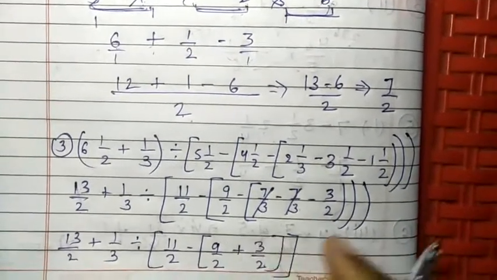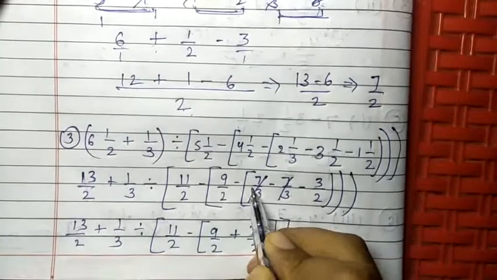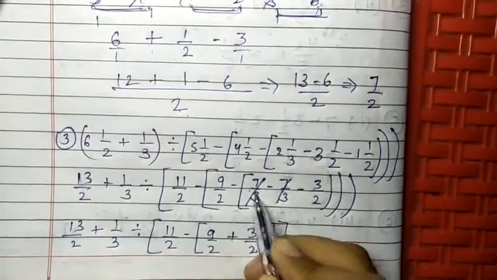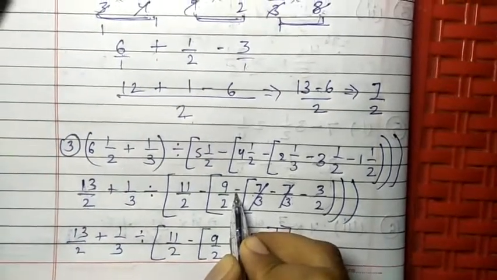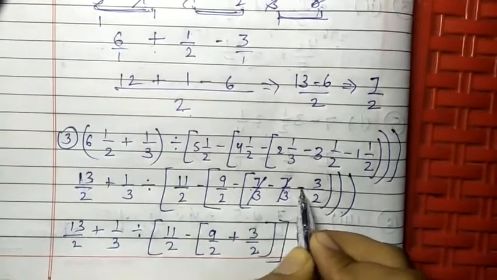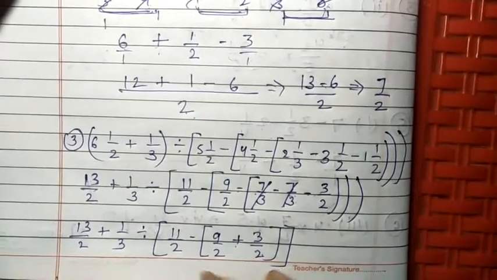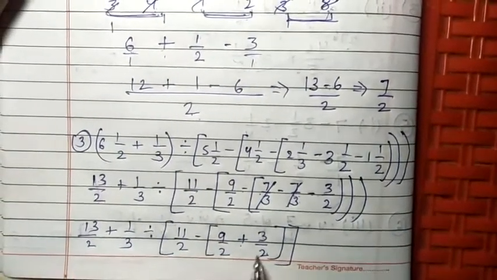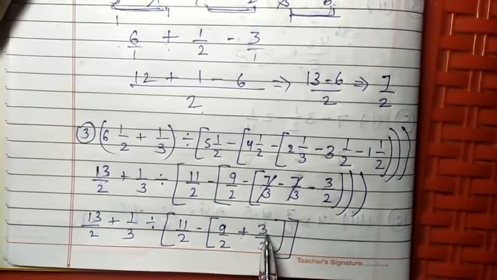You can see in this, first we have to clear the smallest bracket. You can see this is positive and this is negative, so I have cut this here. Only 3 upon 2 will be left here. Because the outer bracket has a minus sign and inside it is minus, it will change this sign, so this becomes positive. Now in this again we have to solve this part, so the LCM will be the same, and this will be 12 upon 2.